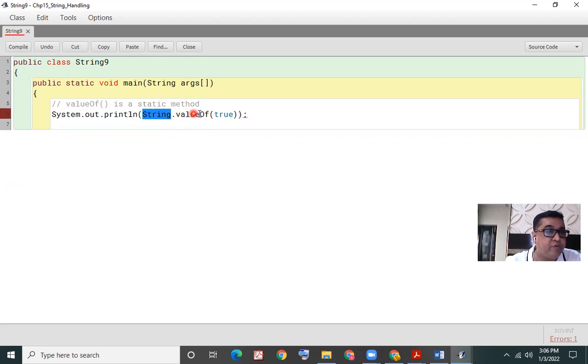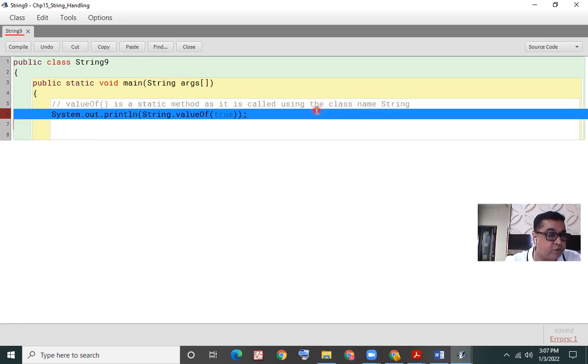If you see over here, before the valueOf method I put a dot operator and I've written the class name String. So here you have the class name, then the dot operator, and then the valueOf method. In brackets, whatever type of value you give will be converted and displayed to you in string format.